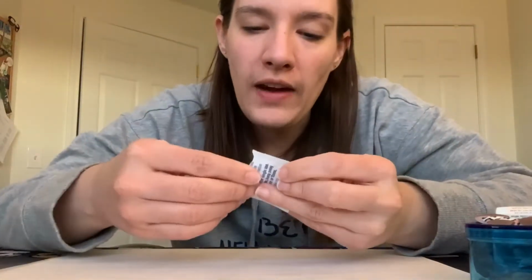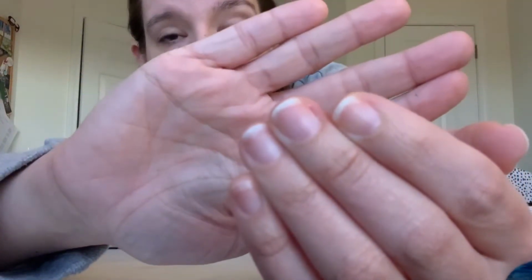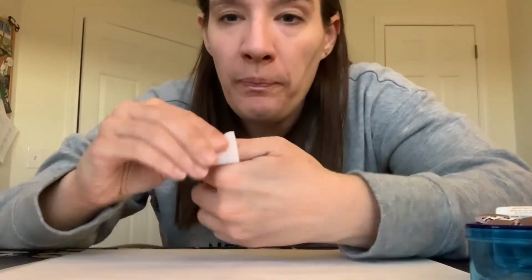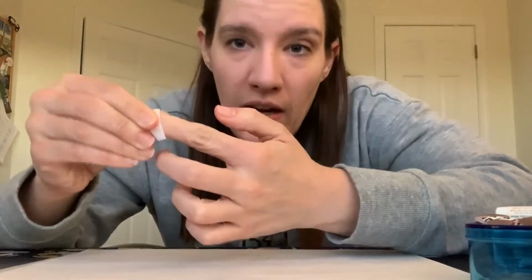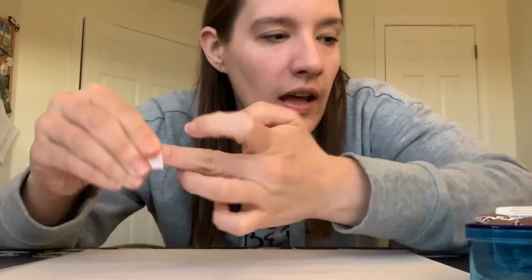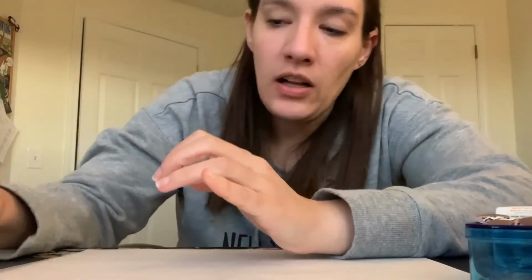So I've already pushed back my cuticles. So I've taken off my old nails. I have filed them. So as you can see, my nails are actually in pretty good condition, and I've been wearing press-on nails for, I don't know, since like August. So I pushed back my cuticles, and then I buffed a little bit with the enclosed